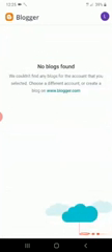Then the screen will appear like this. There is no blog found in your Gmail account, so you have to create one. So click on www.blogger.com. Clicking on this, it will go to blogger.com.